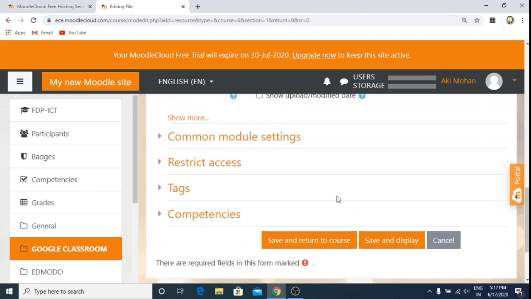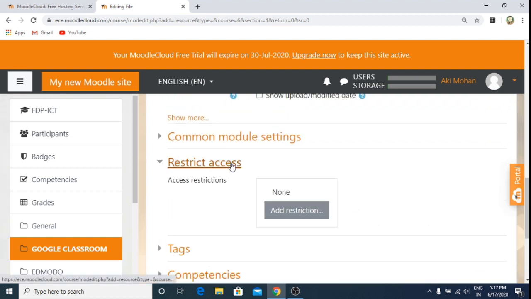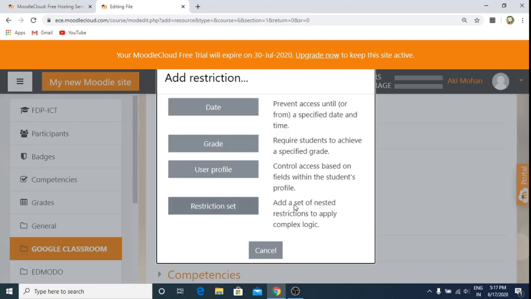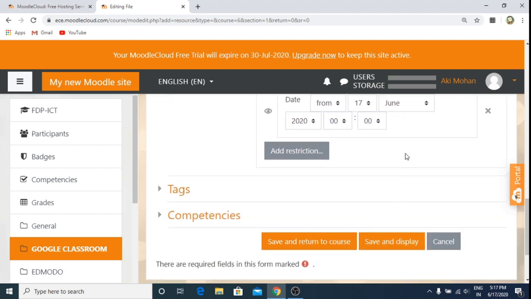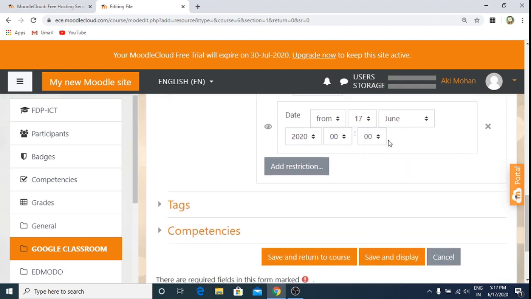I click on this. By clicking on add restriction, I can select, suppose I'll go with date. I can select a date. From this date students must or must not, based on that. So this is what is the restriction. I do not need to click any button to finalize this. Once it is set, I can change it. So this is my restriction.